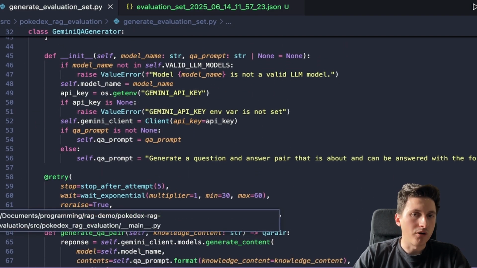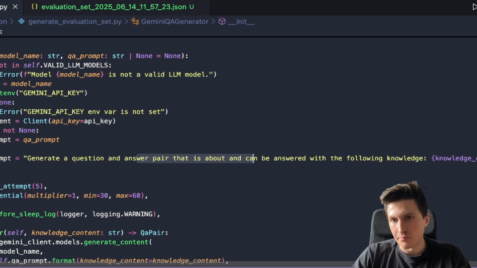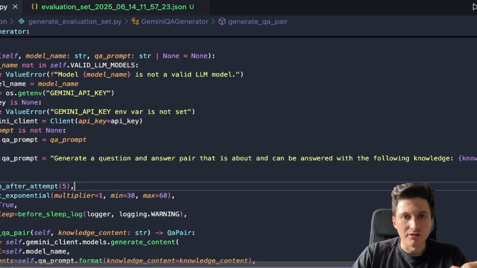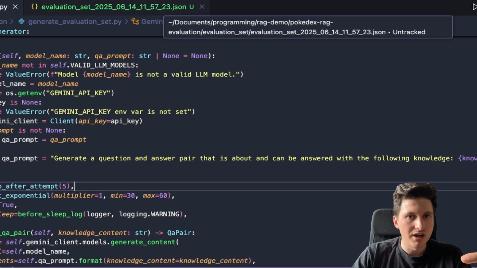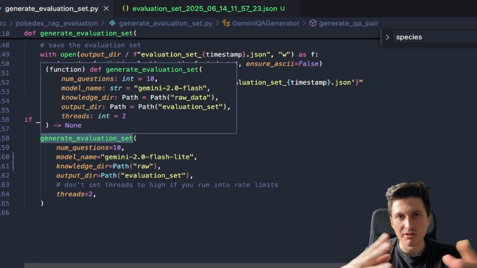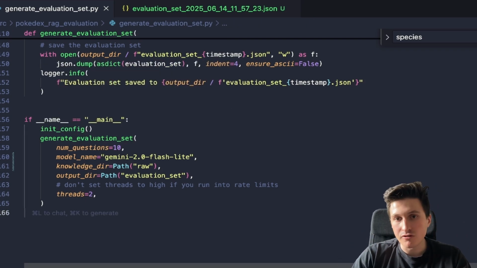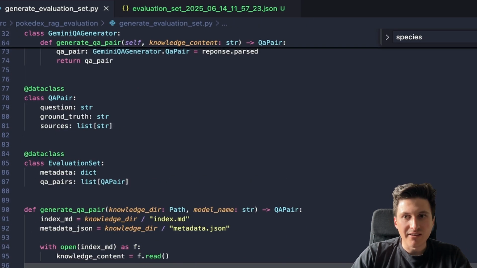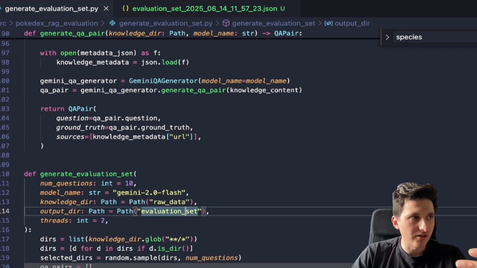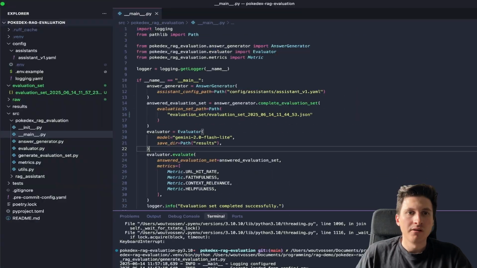So what you can do to get some more complex questions is, first off, try to experiment with the prompt a bit. Try to, for example, also have multiple prompts, such that one prompt can, for example, ask different things than other prompts about the Pokemon. You could also sample multiple pages at once and ask it to generate questions that involve both pages. So this is a lot of work in itself, to use LLMs to generate good data sets. So now we can run our evaluation script